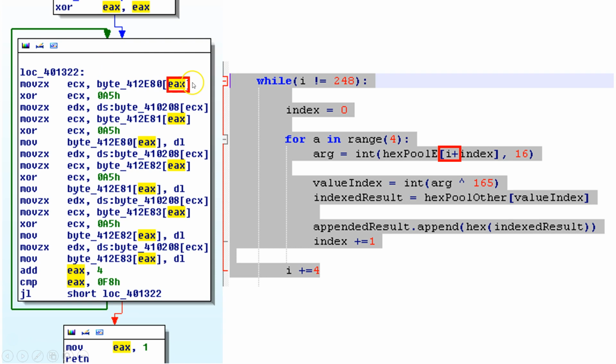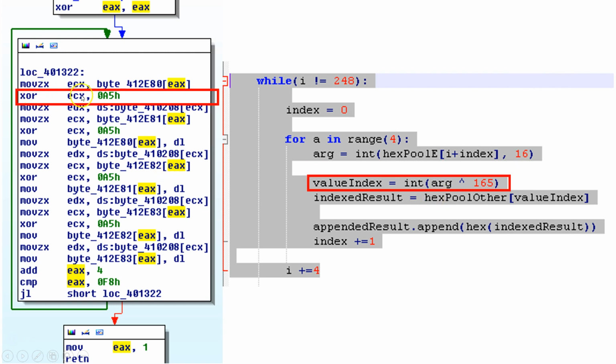Of course, remember me talking about the index and scale. So here I've got the I and the index. We've got hex pool, which will be what we'll be grabbing from here later on. So we need the I, the value, to be incremented at a certain location. So that is the EAX as well as the index. Good to highlight that.